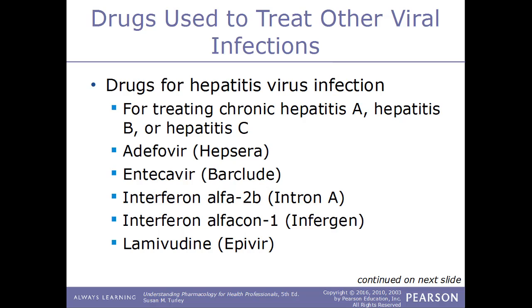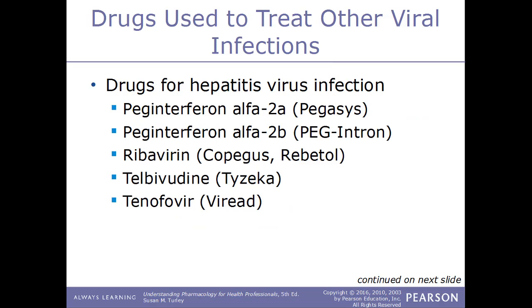These are for treating chronic hepatitis A, hepatitis B, or hepatitis C. And some examples of this kind of drug would include adefovir, known by its trade name Hepsera; entecavir, known by its trade name Baraclude; interferon alpha 2b, otherwise known as Intron A; interferon alfacon-1, also known by the trade name Infergen; and lamivudine, known by the trade name Epivir; peginterferon alpha 2a, known by the trade name of Pegasys;